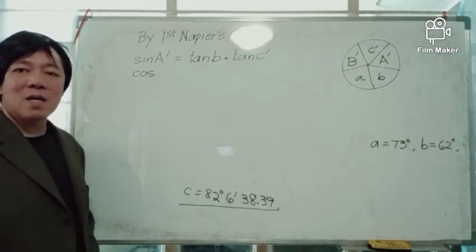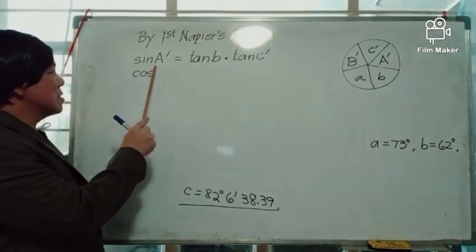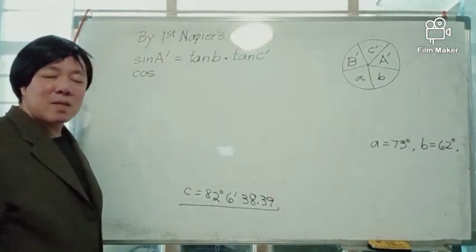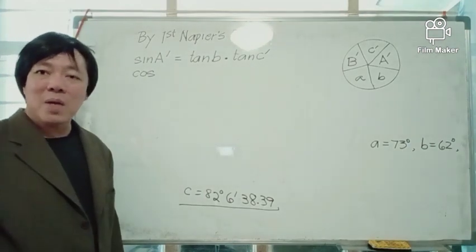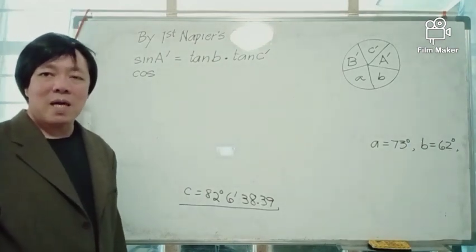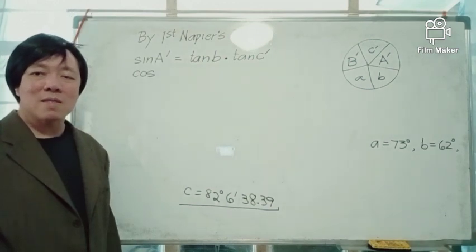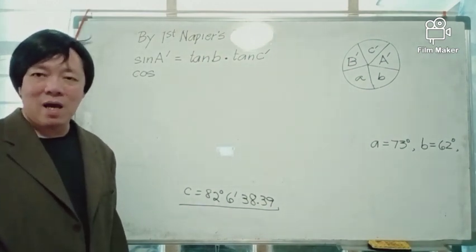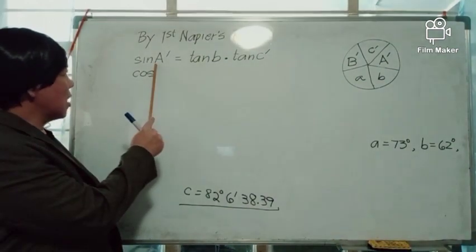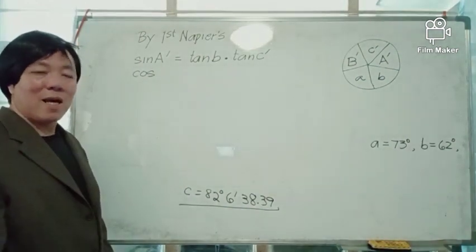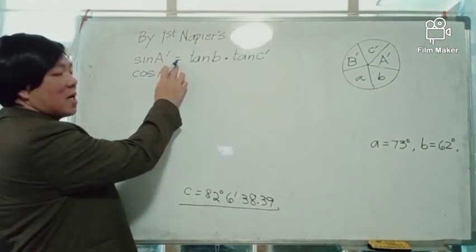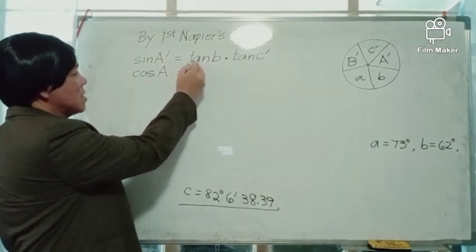Cosine of the complement of the angle A prime. The complement of A prime is angle A, and the complement of A is A prime. Hence, A and A prime are complementary angles. The complement of A prime is angle A, and cosine of A equals tangent of B